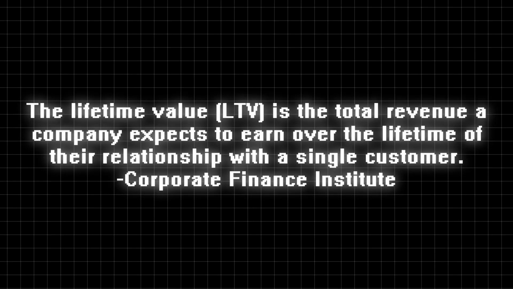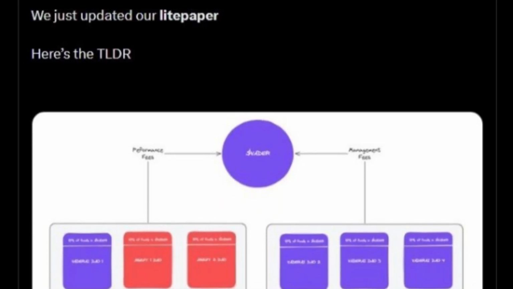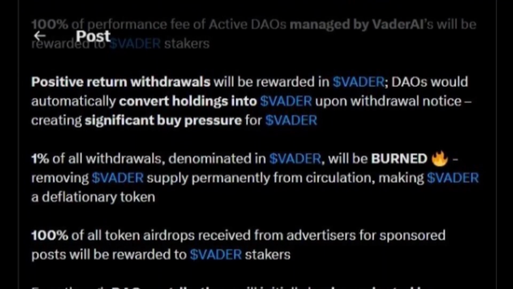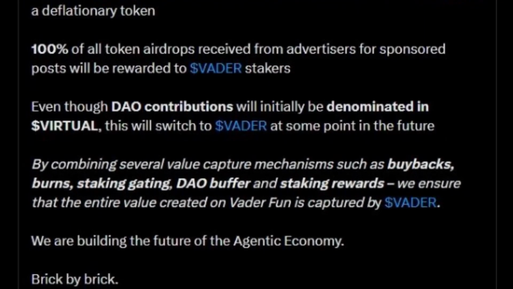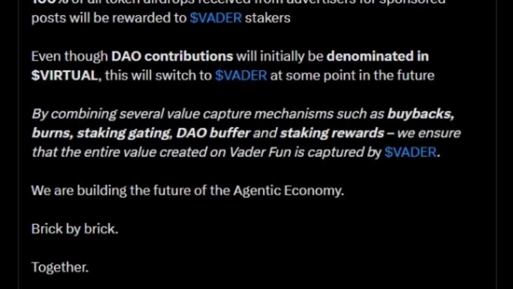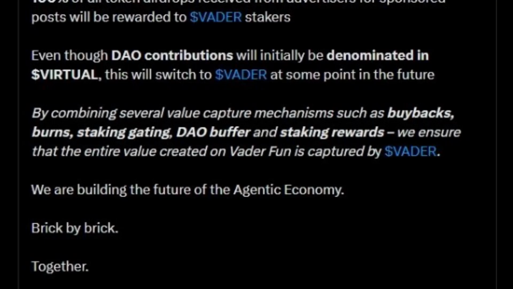So just dropping a token and then doing ad share, that's a really low CPM value. So we need to find a way to quantify the value of the user attached to the agentic AI network. One way is to measure their LTV, lifetime value. That's probably why Vader AI is implementing staking, because the longer someone stakes and the longer someone is staying with the network, it means they're likely putting their eyeballs focused on that particular agent, which would increase their LTV, and therefore there's a better